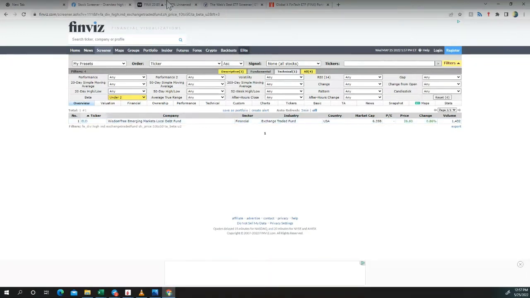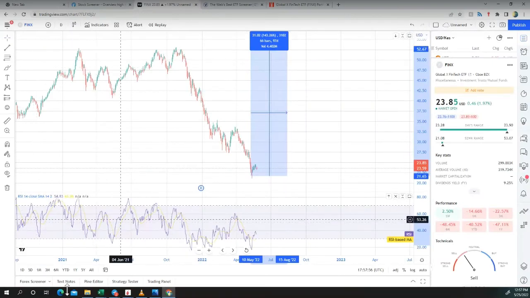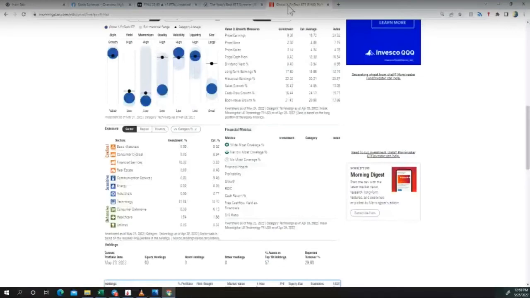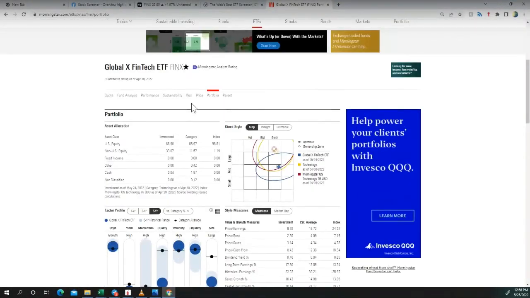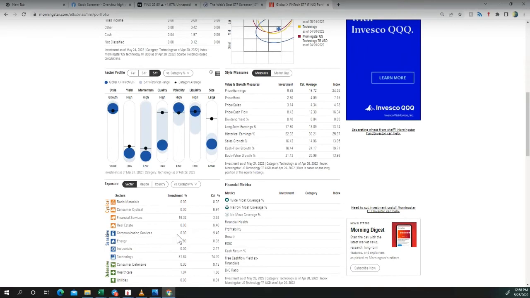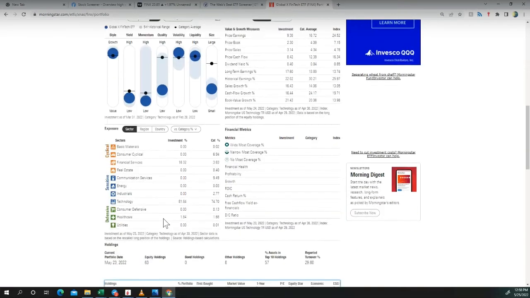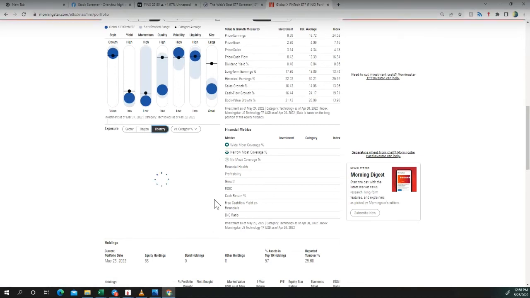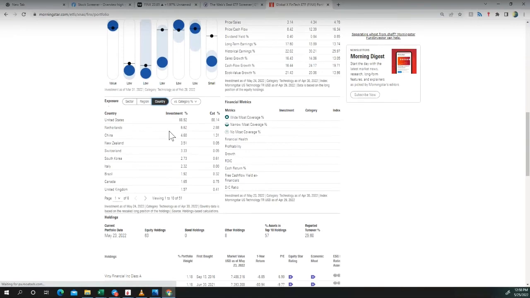You can see the chart, how it looks like, and then go to Morningstar to figure out the risks and return numbers. You can also look at the companies they've invested in, the holdings, geographically, region-wise, which countries, all that. You can look at all those metrics and numbers and whatever